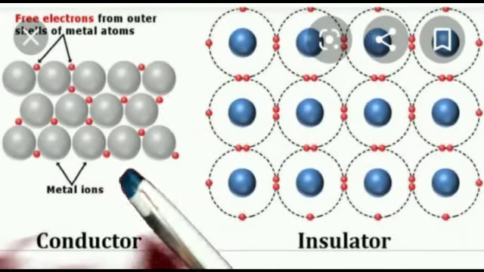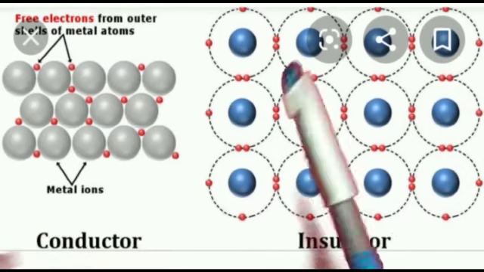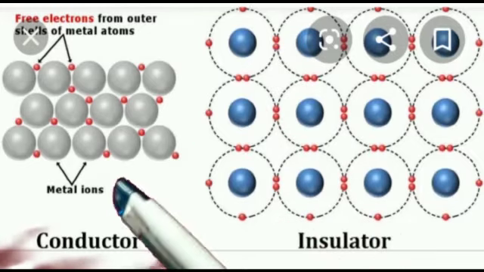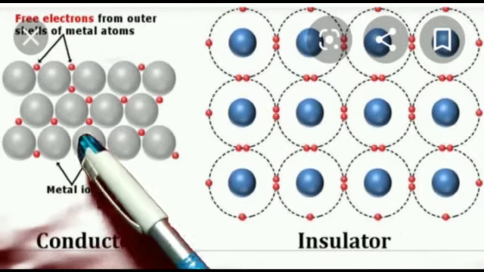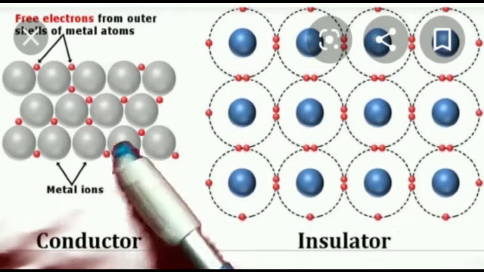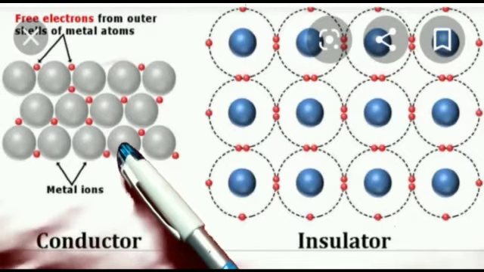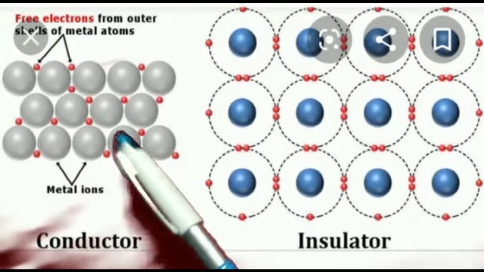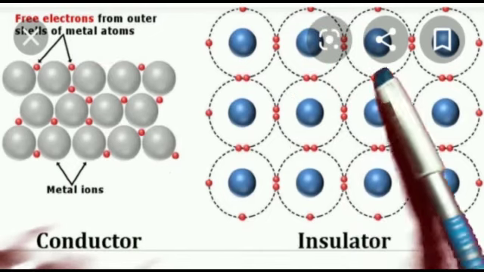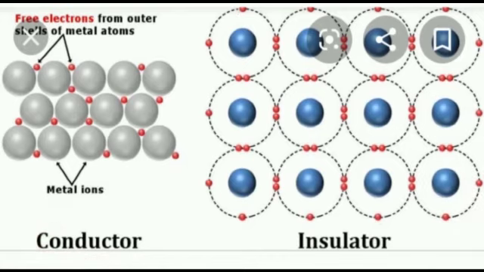So we know that metals are very good conductors of electricity, whereas plastic and wood are very bad conductors of electricity. It is because the materials that allow the free electrons to move freely are called conductors. Since there is a flow of free electrons, there is definitely a flow of electric charge. Whereas in insulators, the electrons are not free enough to move, so they are considered bad conductors of electricity.